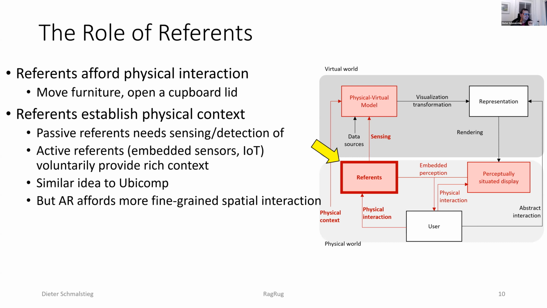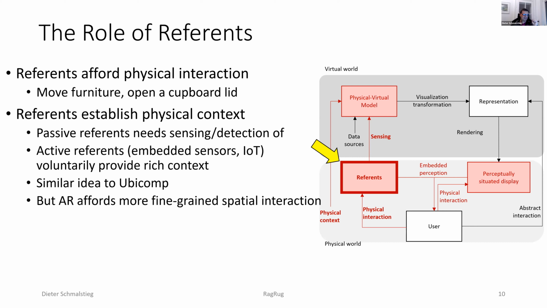But now you can physically touch things. You can move furniture. You can open a cupboard lid. You can sort physical things and so on. But besides the importance of physical interaction, referents also establish a physical context. So in order to get that context, of course, we need some sort of sensors that let us sense where